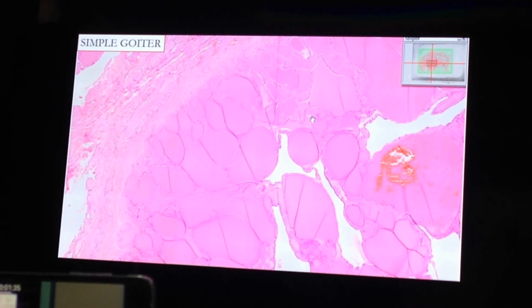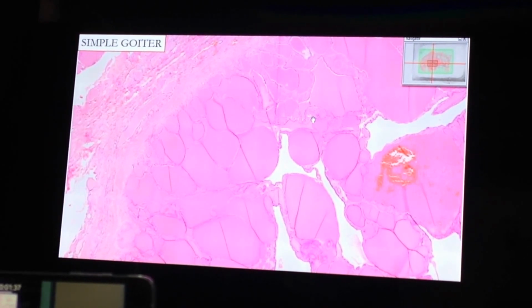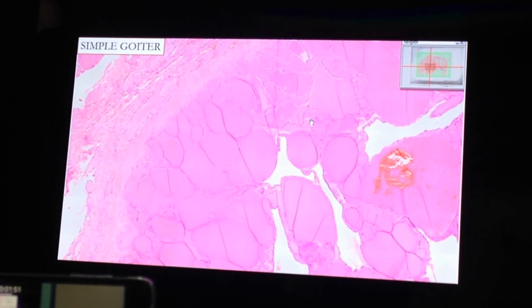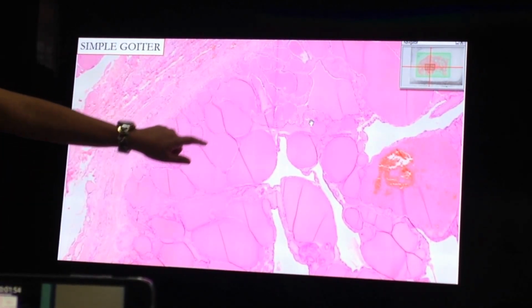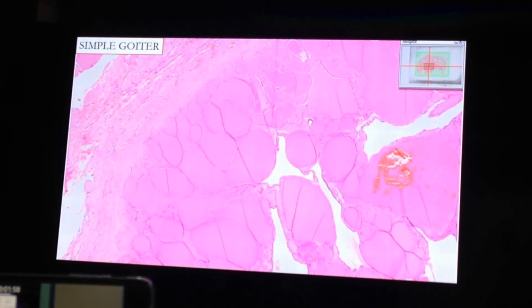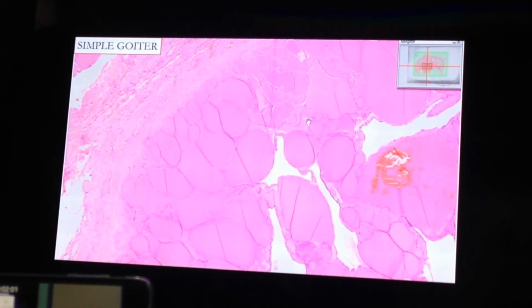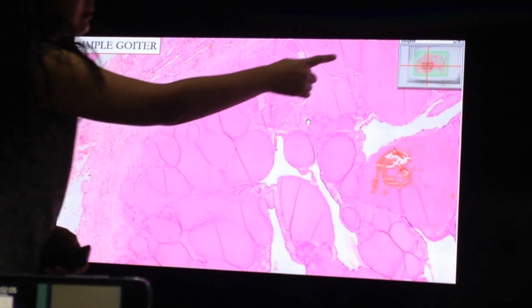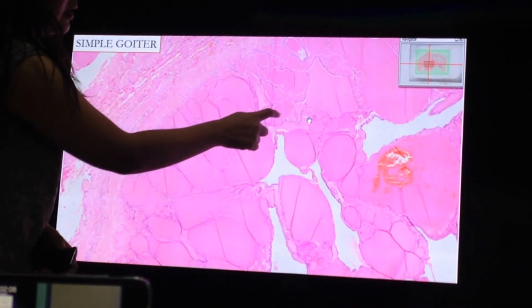The gross appearance is the presence of gelatinous colloid, okay? A nodular mass with gelatinous colloid. So here, what you can see is just the thyroid follicles. These are enlarged thyroid follicles in varying sizes. Example, this is a large colloid follicle, and then there are small